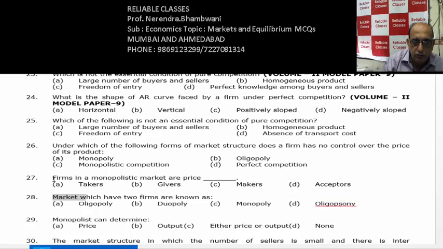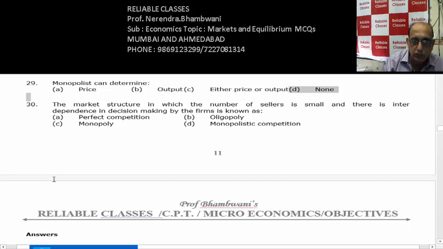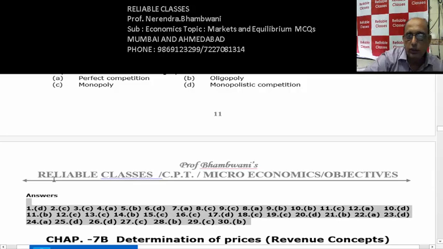Yes, you gave the wrong one earlier. Markets which have 2 firms are known as duopoly. Okay, a monopolist can determine either price or output. He can decide either price or output. He cannot decide both. The market structure in which the number of sellers is small but there is interdependence in decision making by the firms is known as oligopoly. Follow this? Yes or no? Okay, so